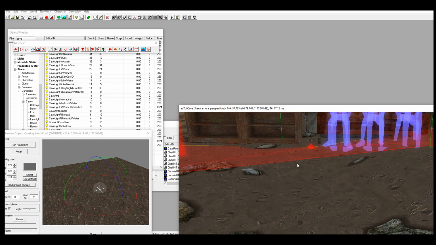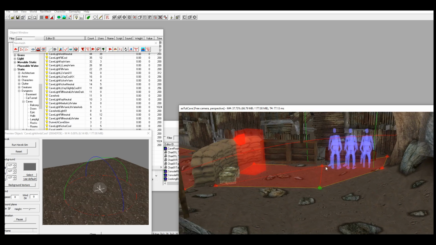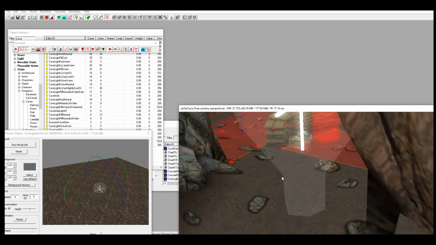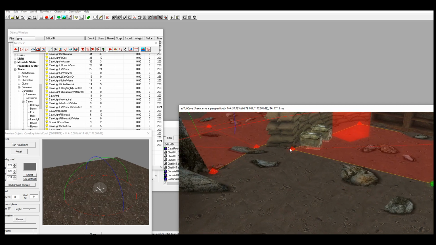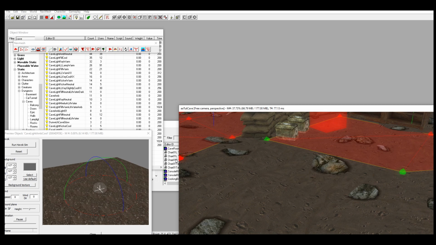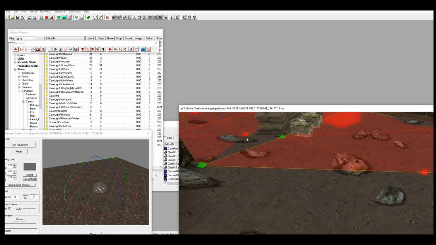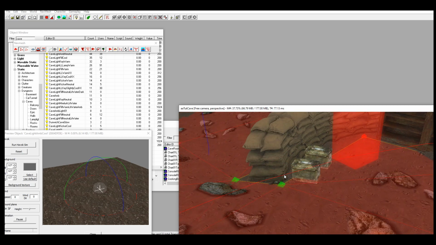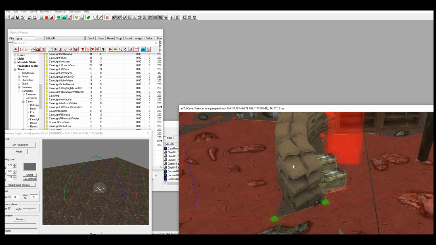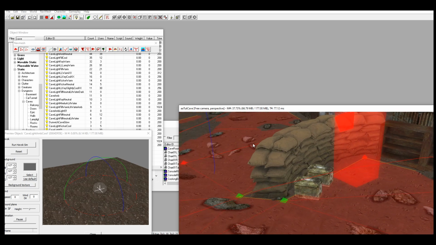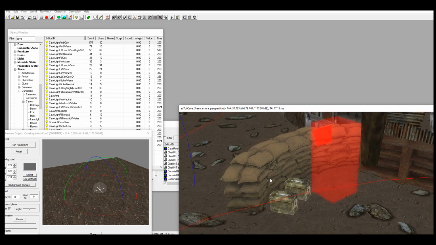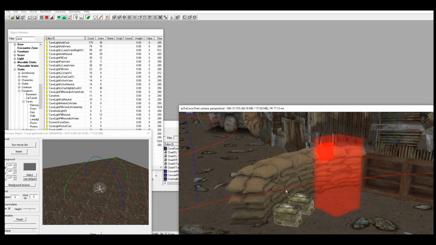What I'm going to do here is put another point on the edge of this, so I can move it down. Go. And once I have that, I can click this and that, as well as this, hit A, and they should all connect. Then I can click on this one, hit A, and now the nav mesh is around the sandbag rather than going underneath it, so that's perfect. Alright, and we'll just hit check, finalize. So nav meshes, hit save, and that's pretty much how you nav mesh around objects and nav mesh in